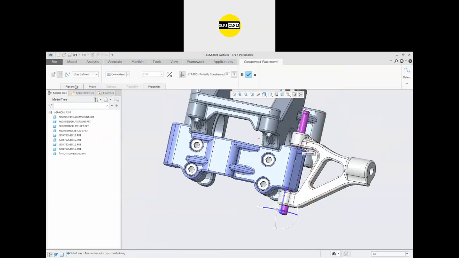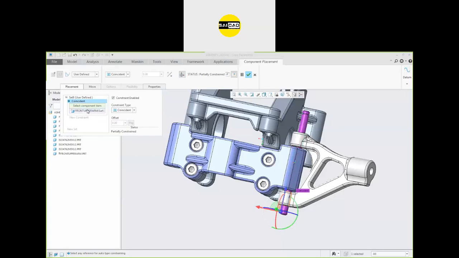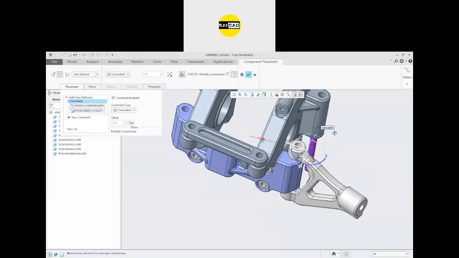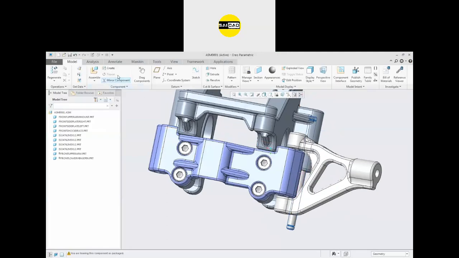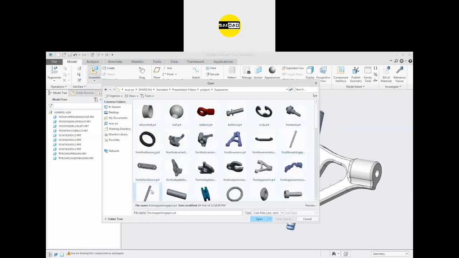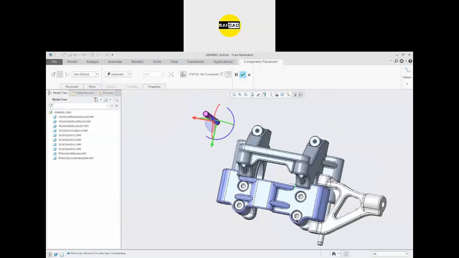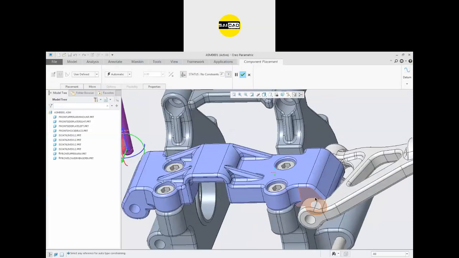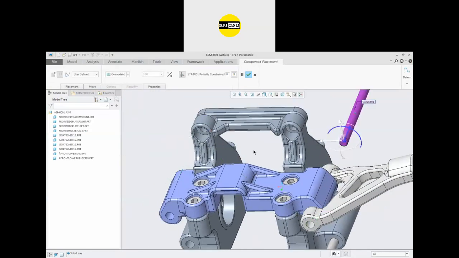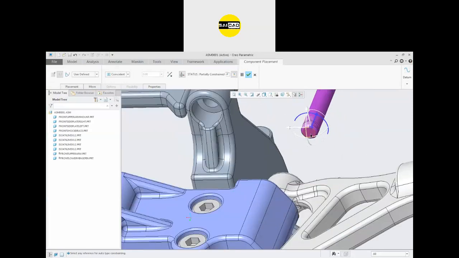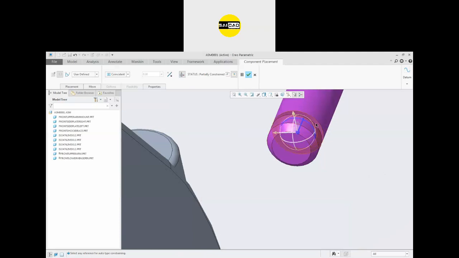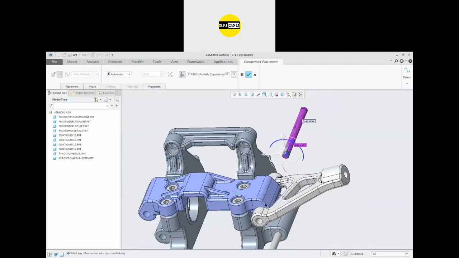So remove the relation from here. This pin or from here. Okay. This is the other pin. So this one is the other pin. Just select the circular faces like that and select the face from where you want to make it confident.